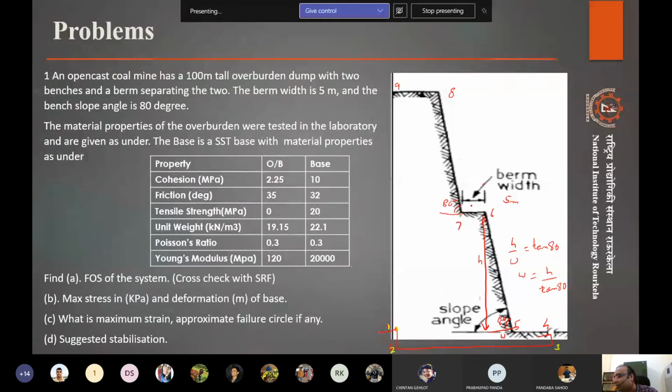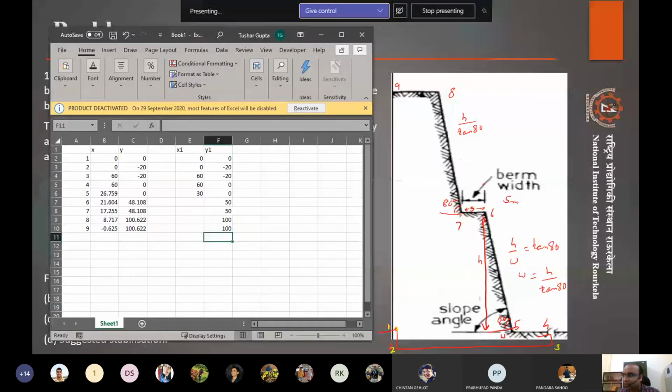This is given as 5 already. So we have this distance. And again, this will be similar to H by tan 80. We are assuming that the height of the benches is the same. And that's how we can find out the coordinates. So let's do that quickly. So this was 30.